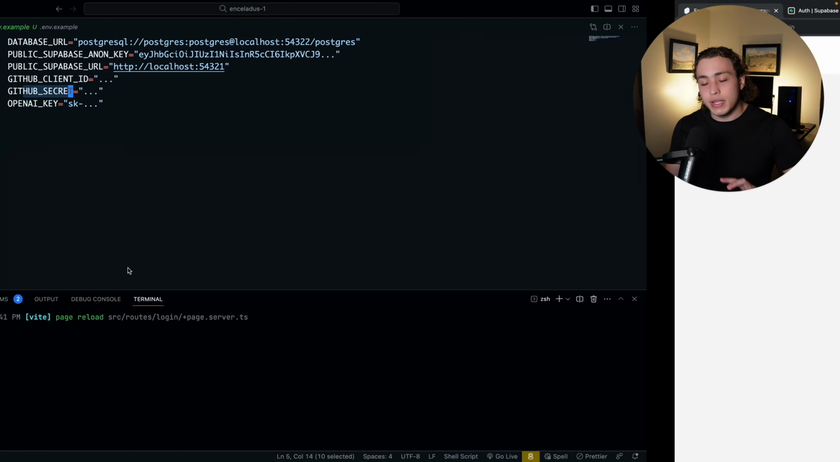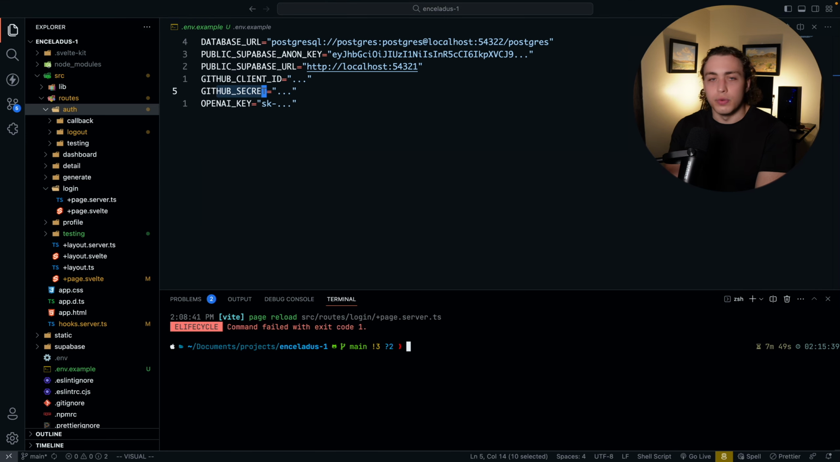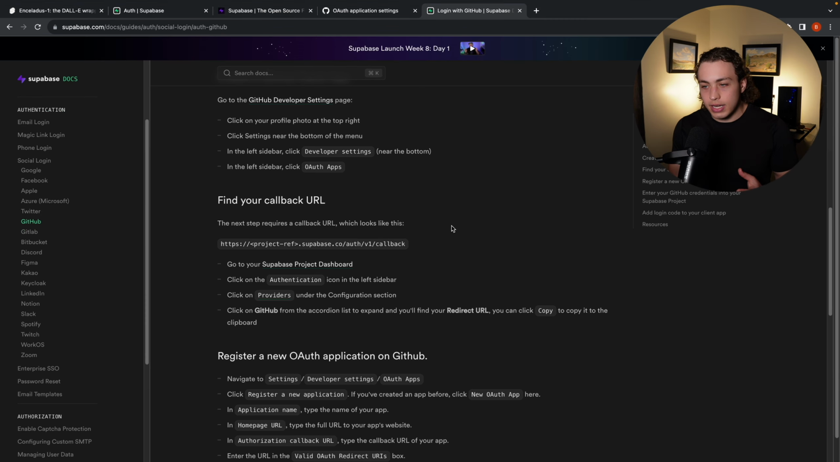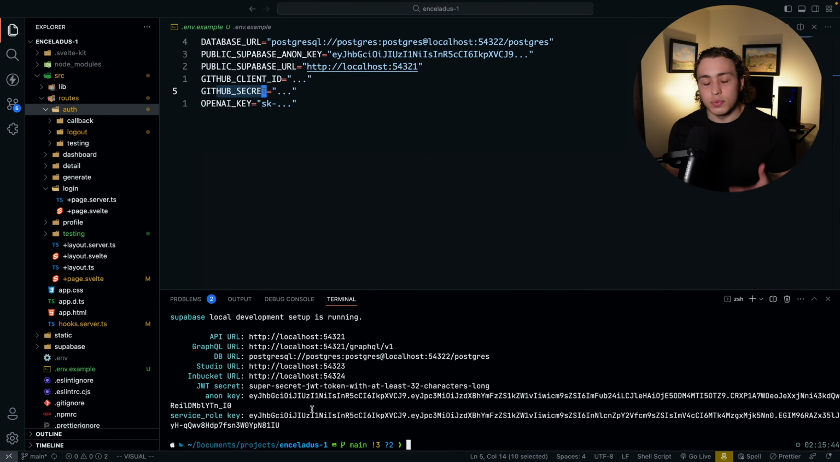But the reason why we're doing that is because we're doing this through the local Supabase instance. So if I run Supabase status, we can see my API URL is going to be localhost 54321. If you use this in production, their documentation says the callback URL is going to be https://project-ref.supabase.co/auth/v1/callback. In this case, since we're running the local instance, it's just going to be localhost 54321 getting the authentication